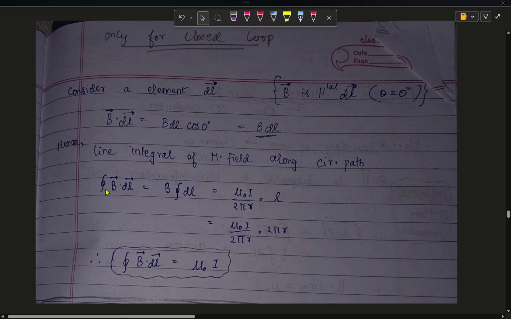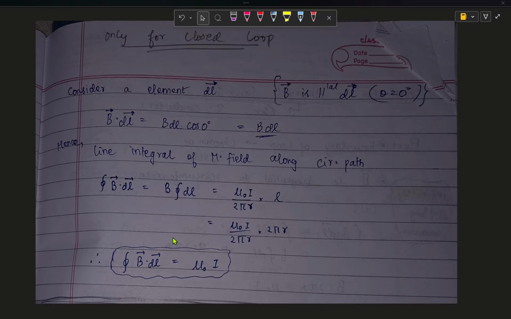If you integrate B dl, and integrate dl, you will get the length of the conductor. Length means what? 2 pi r, as it is a circular path. So mu naught I divided by 2 pi r, into length, and length will be 2 pi r. If you cancel it, you will get mu naught times I. So this is the small